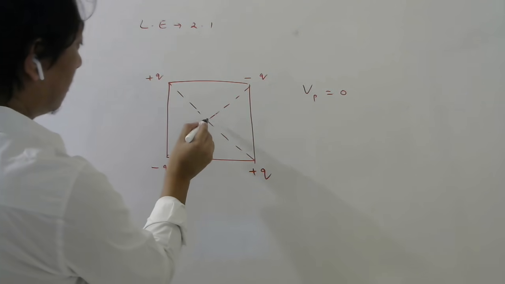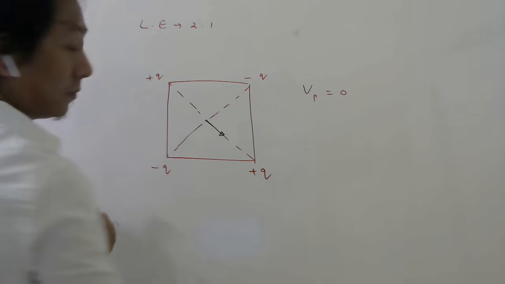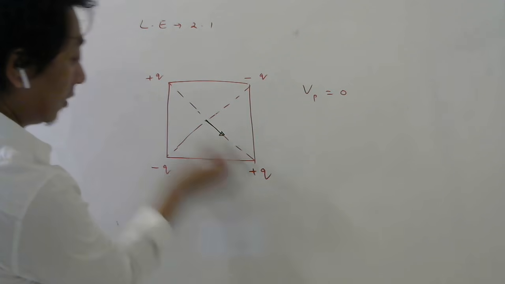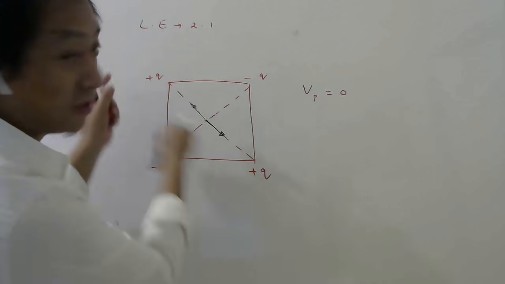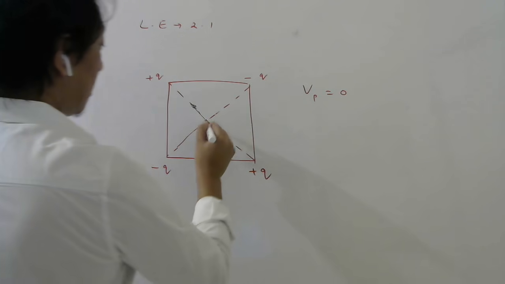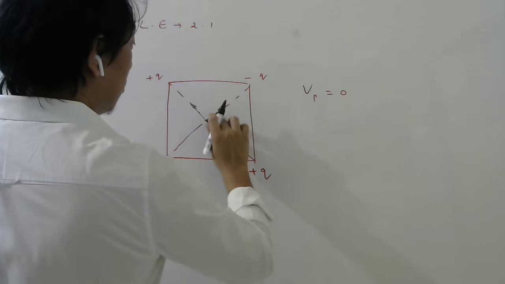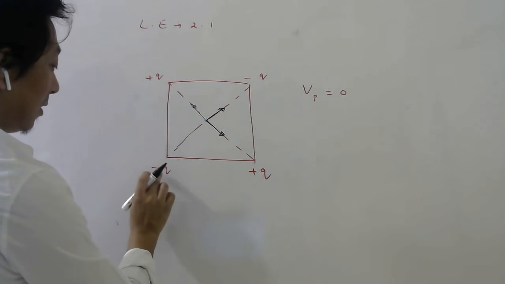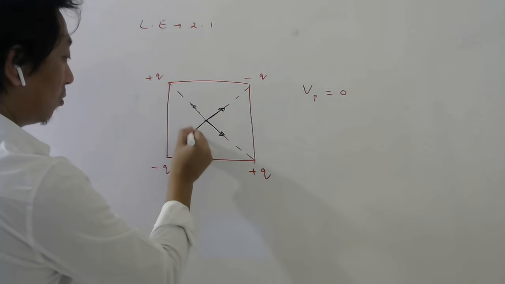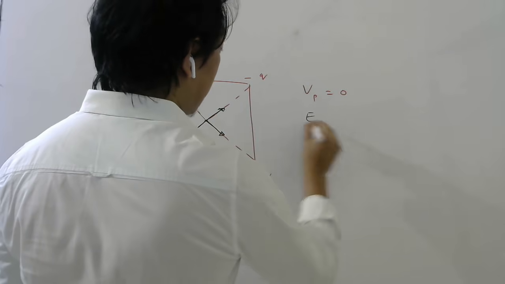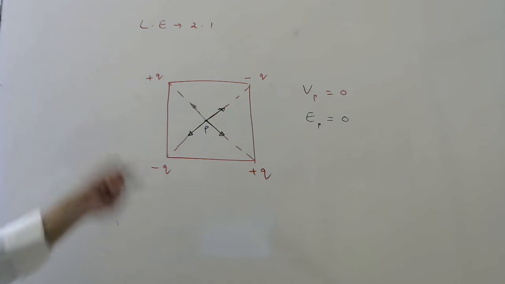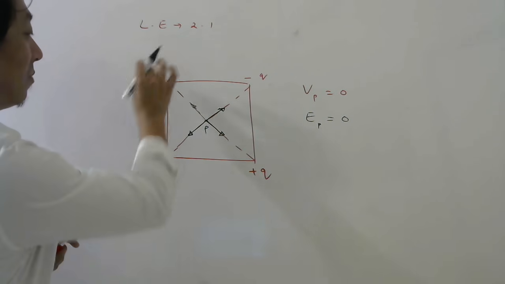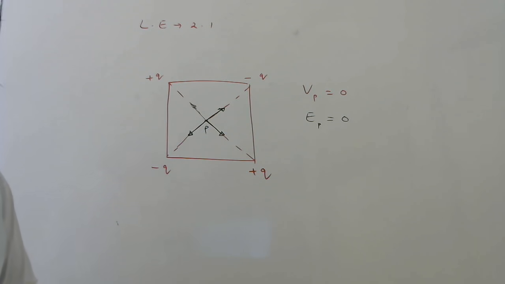Due to this, the electric field here will be away. Due to this, it will be away from this. So those two will cancel because the distance is the same and the charge is also the same. Similarly, this minus q will produce a field towards it, and due to this minus q, the electric field will also be towards it. So now you can see the electric field at this point will also be 0. So this is how you should keep the charges. You should draw the diagram and put the charges. Okay, so this is our learning exercise.